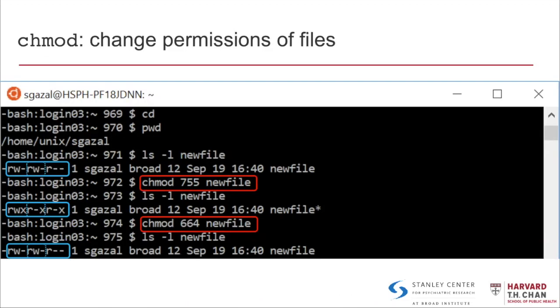So here in this example, if I'm looking at the rights I have for the new file I've created, to know that I need to type ls -l new file. It outputs that it's reading and writing for the owner, reading and writing for the group, and only reading for the other members. And so if I want to change the permissions for this file, I just need to type chmod 755 new file to give the